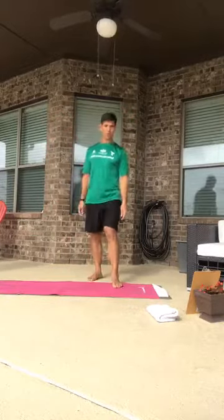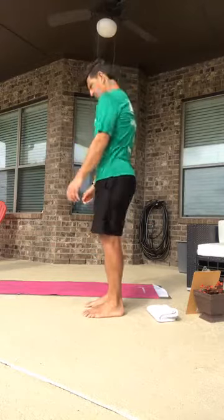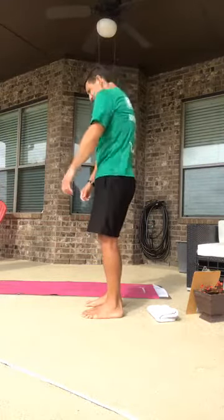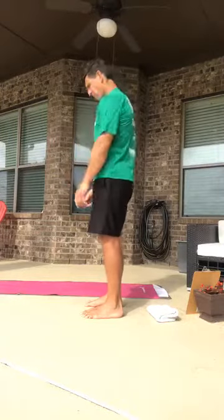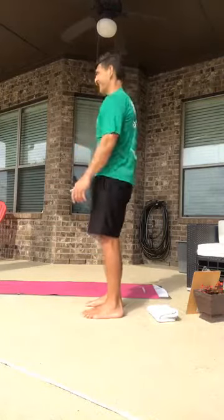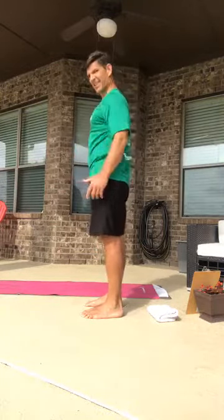Then shoulder shrugs, up and forward. So I'm going to go nice big shoulder shrugs. So I'm going to go 10 forward, then go 10 backwards. 3, 4, big range of motion. 5, 6, 7, 8, 9,